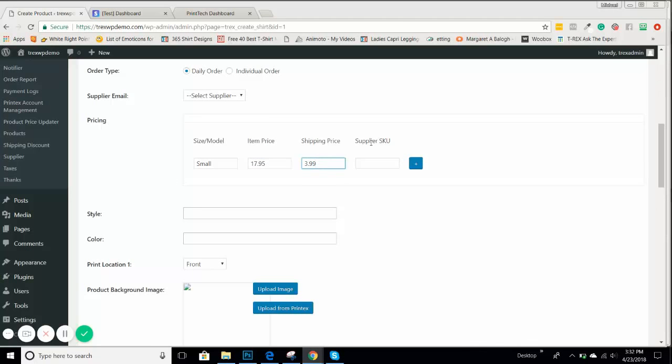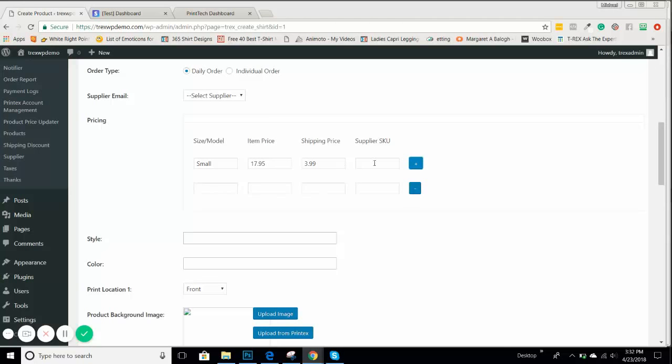And if you want to use certain types of SKUs with your suppliers, if you feel that that's necessary for your particular product, you can set that up, and you can put SKUs, and that SKU will show up on the CSV that's sent. To simply add more, you click the plus button, and you can add up to what you need. So we'll just do this one,